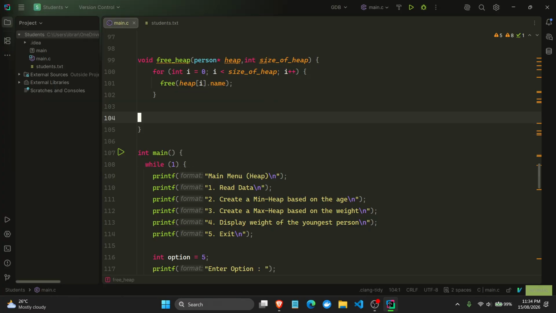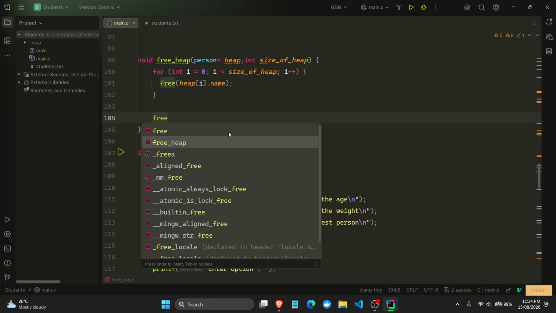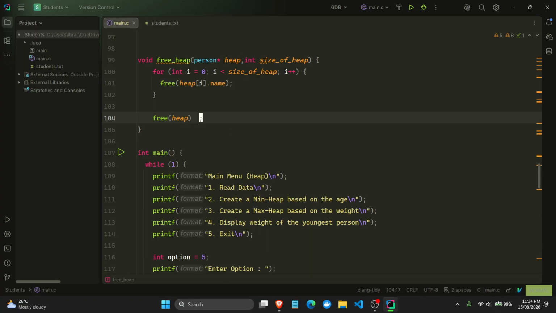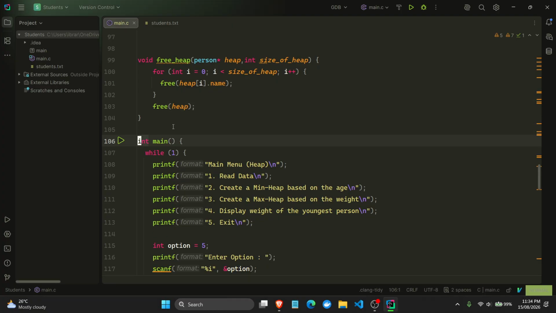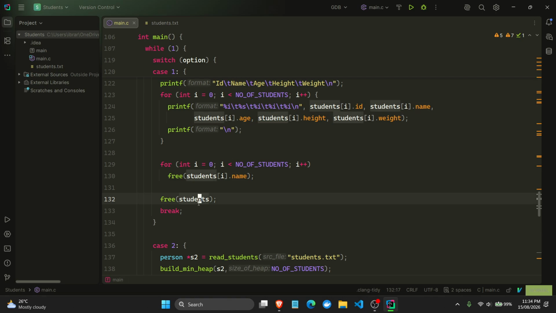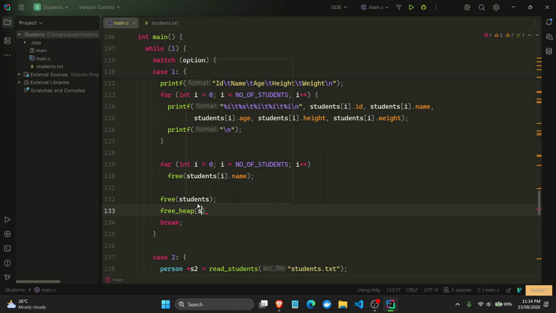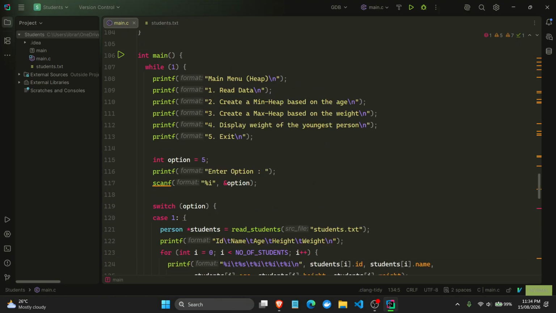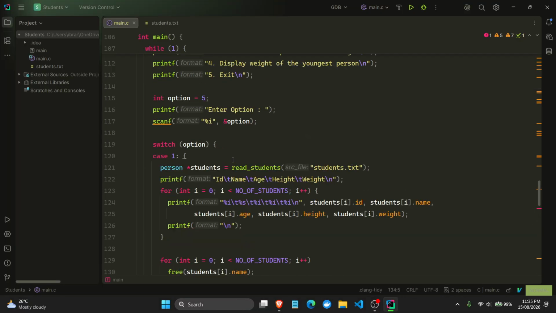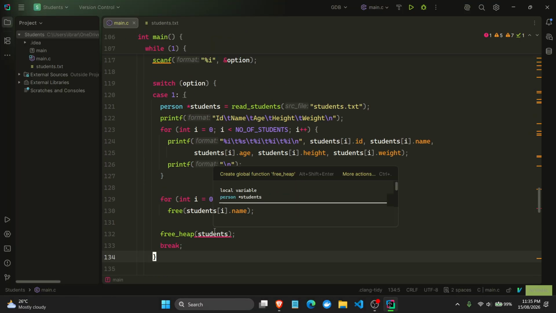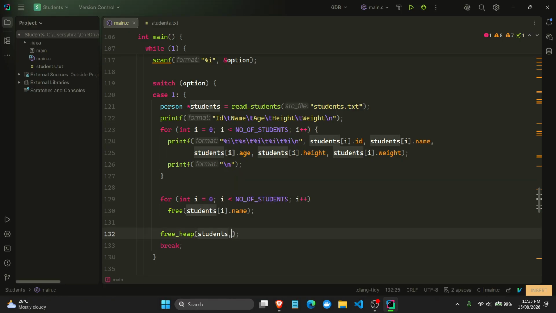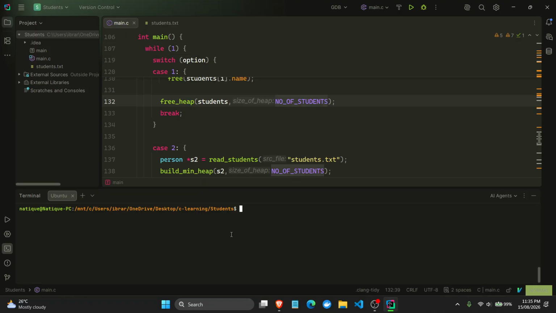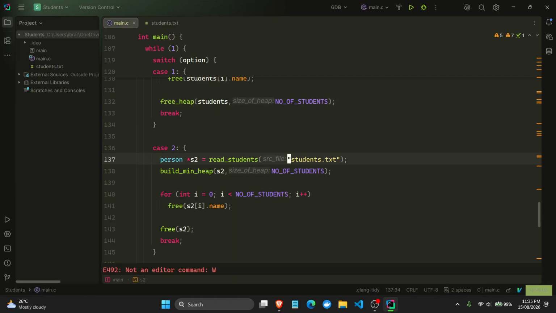Okay, thank you. So over here we'll just free the heap. Wait, so this will just free the name. And so now I just have to free the heap and I just give students. Actually, wait a minute, I think I'm doing something wrong. If I just make this actually work. Acha, and now because this is working, I could just do build max heap